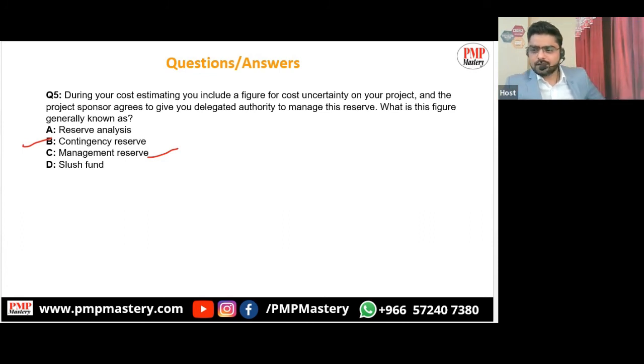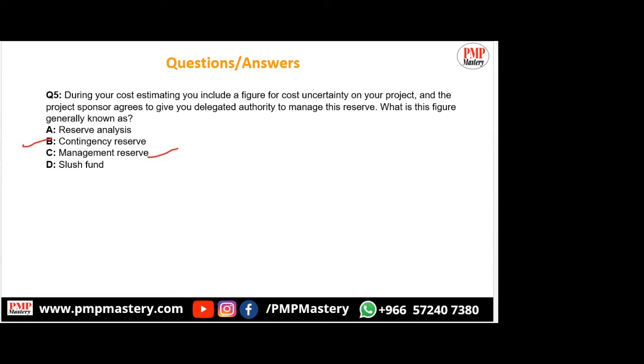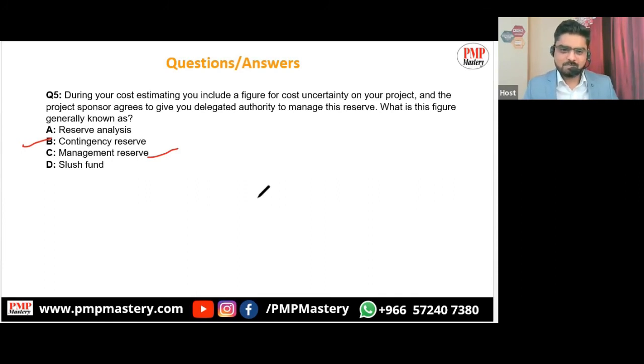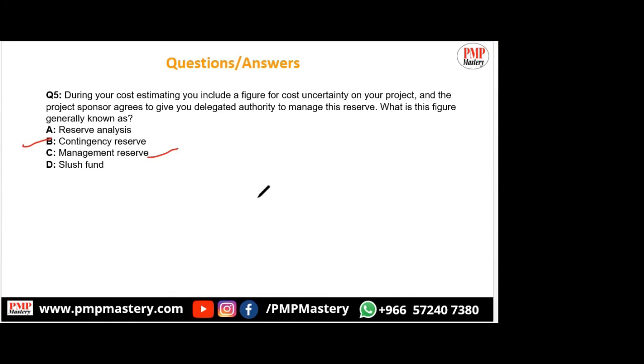Okay, so finally I'm moving to the gentleman with whom I'm expecting the correct answer. Azim, can you speak? I think it's because for the contingency reserve, the project manager has the authority to use this reserve, which is why it is a contingency reserve. If he has to go to the management for approval for use, then that becomes a management reserve.